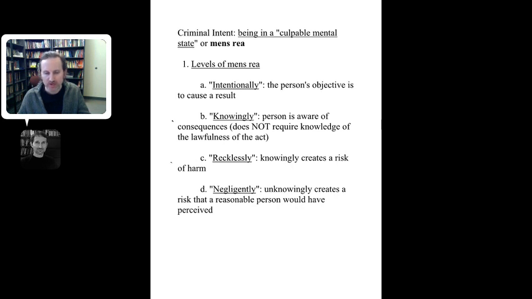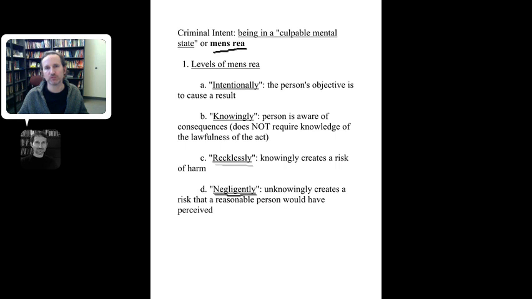With reckless behavior, you didn't want to hurt the person, but you knew the odds were high that you could hurt that person, and you did that thing. Okay, that's reckless. So you can think of things like reckless driving. You know there's a greater chance of having an accident. Okay, the last level,